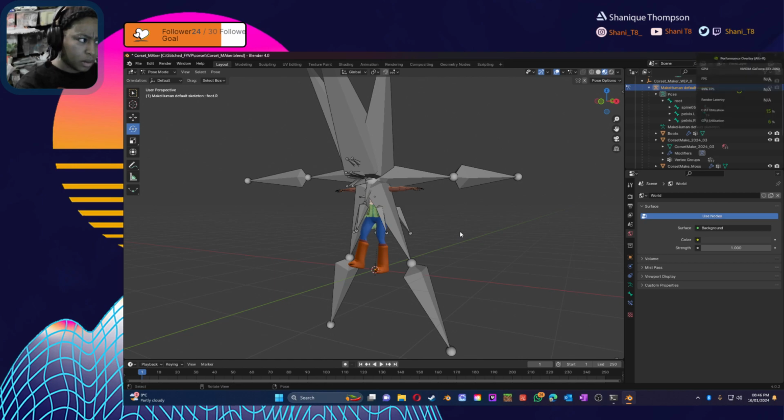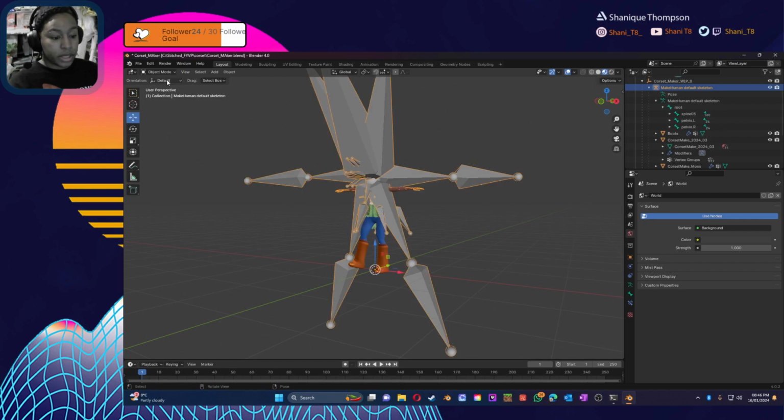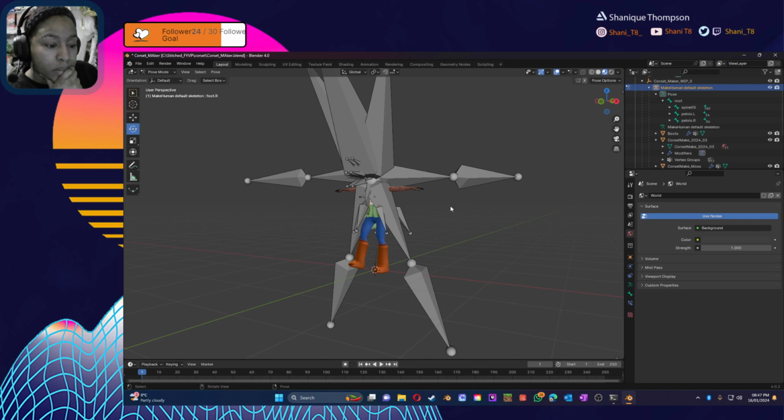I thought it was Alt R to clear the rotation, but I think that's bound to something else. Oh, that's really annoying. I will have to change that. But yeah, I am so far pretty pleased with how the moss is going. I just need to redo